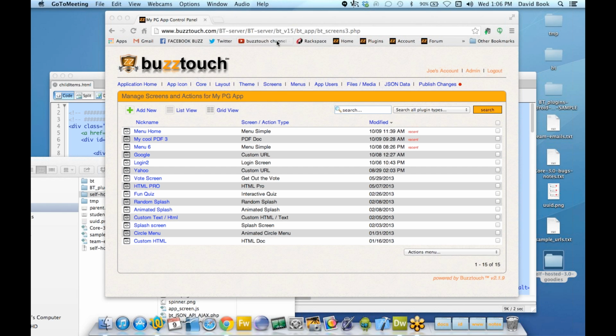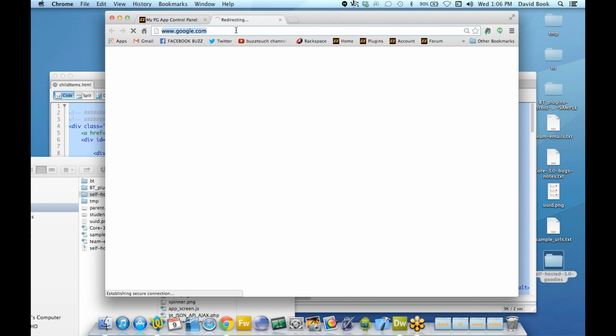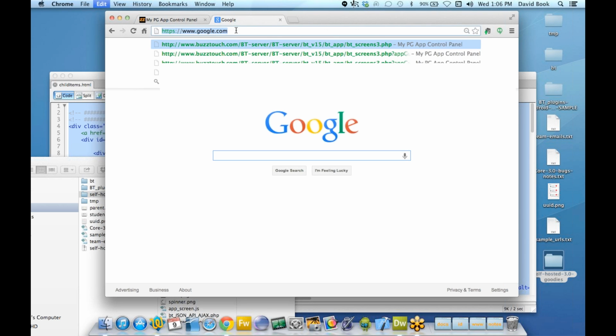If you've got hundreds and hundreds of screens, it's challenging to get it back in the state it was in. So the cool thing is, if I go to this screen and again,